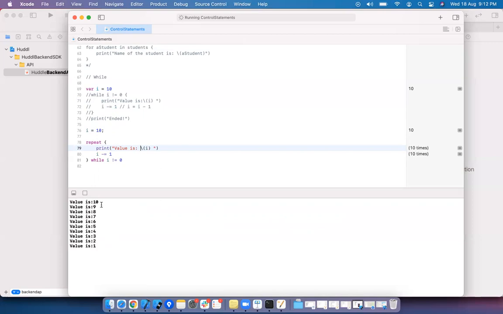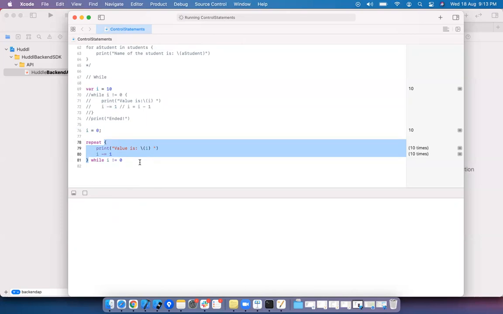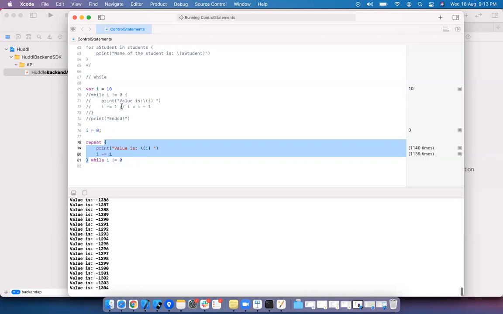Okay, here it is the same values: 10, 9, 8, 7, 6, 5, 4. The difference here is that even if you put 0, this block of code will be executed at least once. We are having do-while, same story here as well. Even if the condition is false, it is already 0.